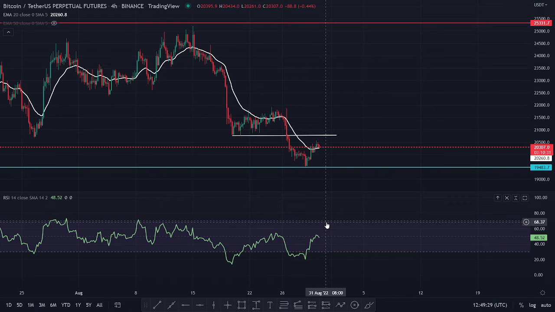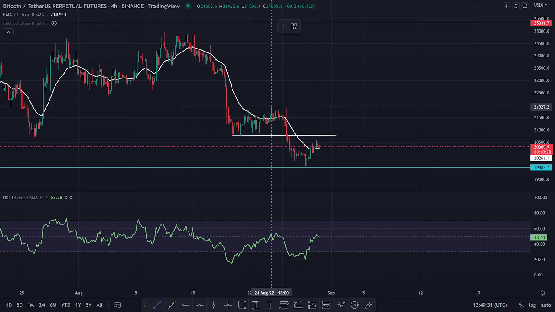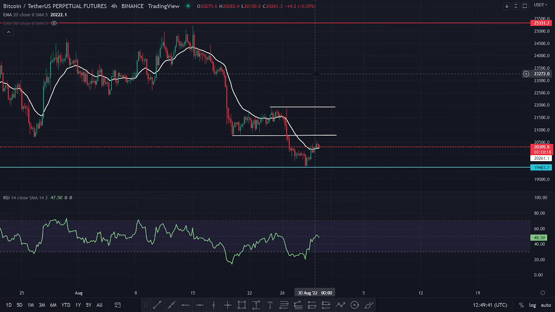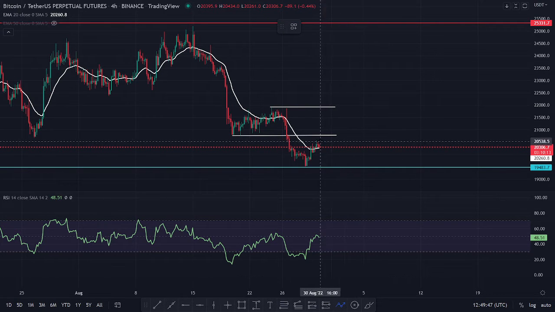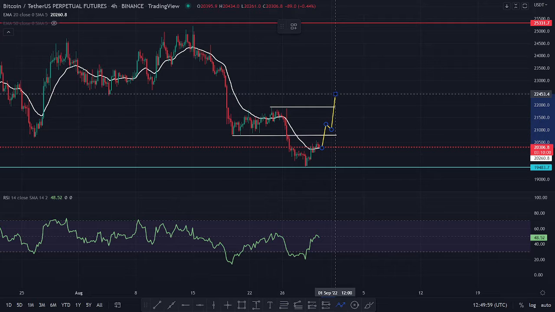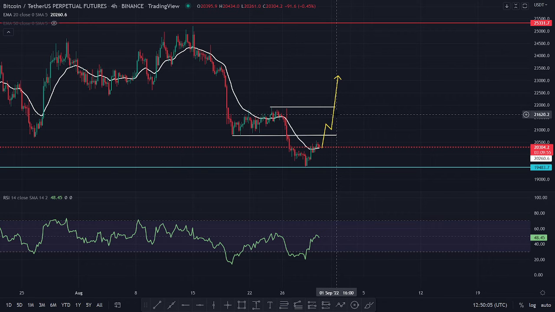Coming on to the good part, if Bitcoin were to break above this major resistance level, then high chances are that Bitcoin will be going to this $23,272 mark once again. And there can be two ways this can play out. Number one, you can expect Bitcoin to break above this first resistance right here, which is this white line, and then have a small retracement, and once again break above this resistance and travel till this $23,000 mark. This is the positive side scenario.